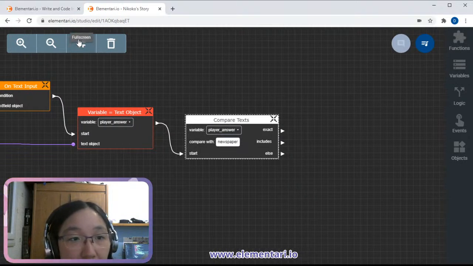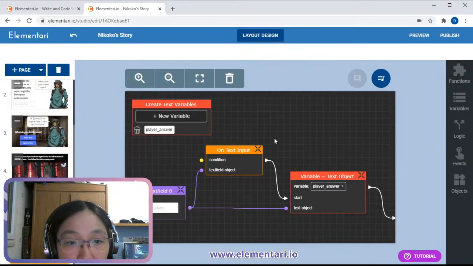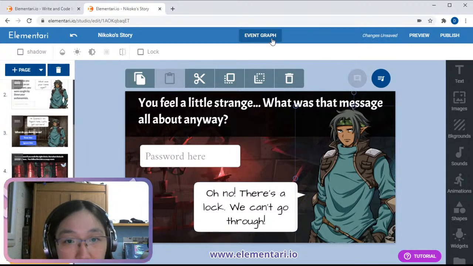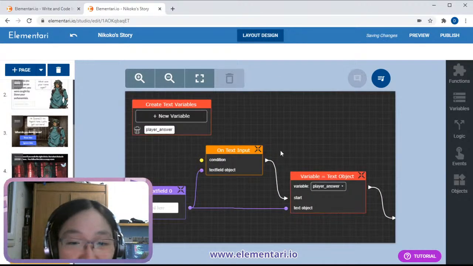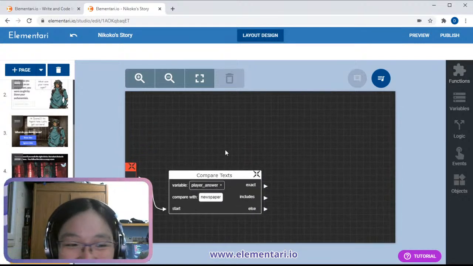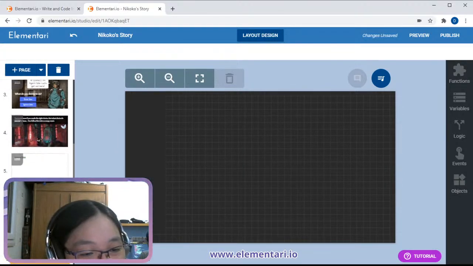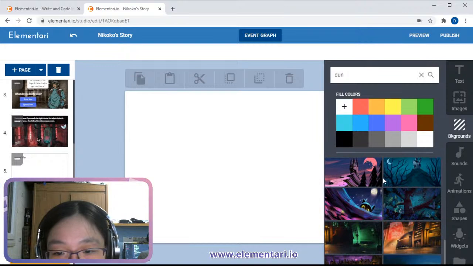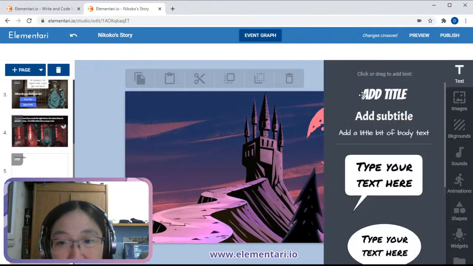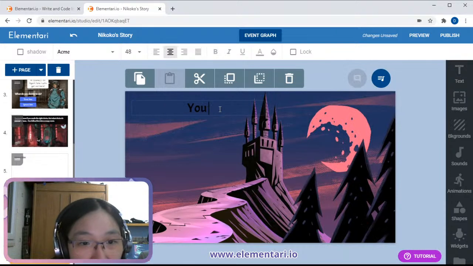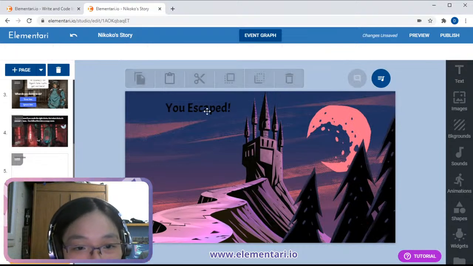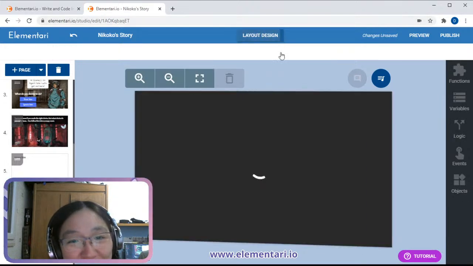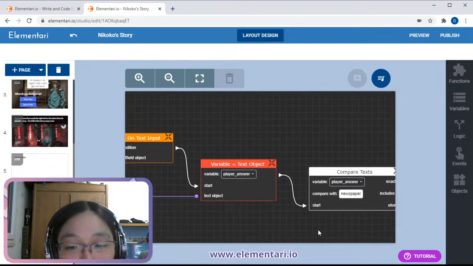So you have player answer, and when you compare it to newspaper, if it is exactly exact, otherwise do something else. So what do we want to do if it's exact? Okay, we're gonna make a very short escape room. So let's just have another page and we say, in our case, yeah, we'll get this one. That's a bit gruesome. Let's not slip and fall and die, okay? And what happens if you get the answer wrong?